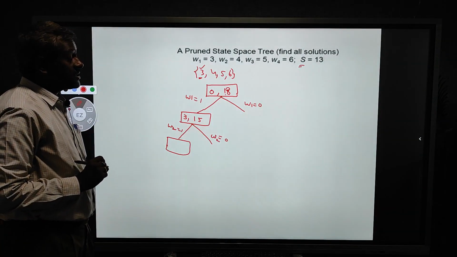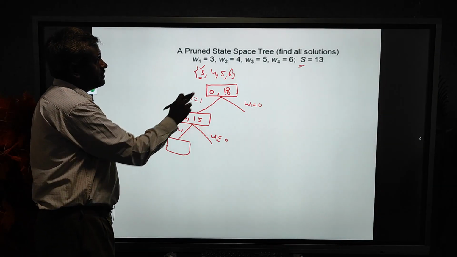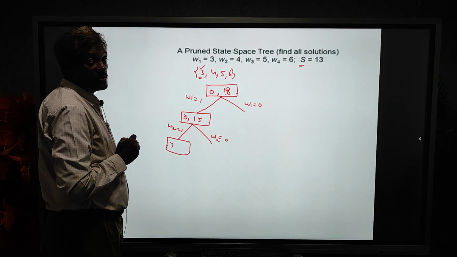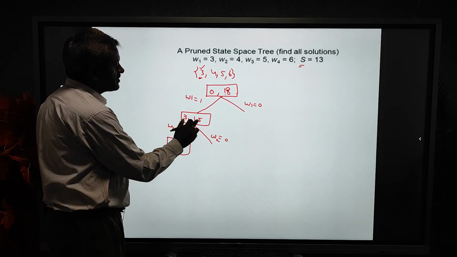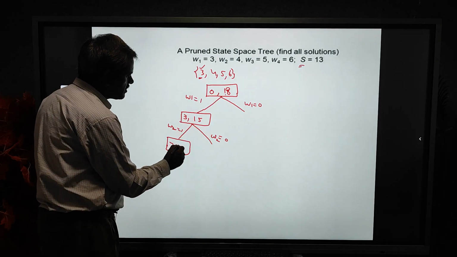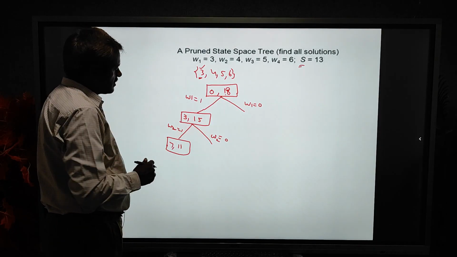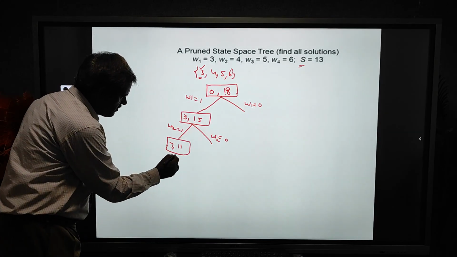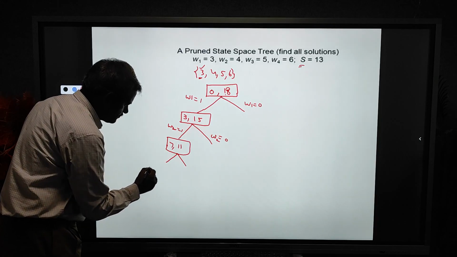Okay, if I am going to consider W2, 3, the second element I am considering, that is 3 plus 4 is 7, I am going to subtract from 15, so that is going to become 11. Now we are checking, is 7 matching 13? No. Again we are going to move to the next level,